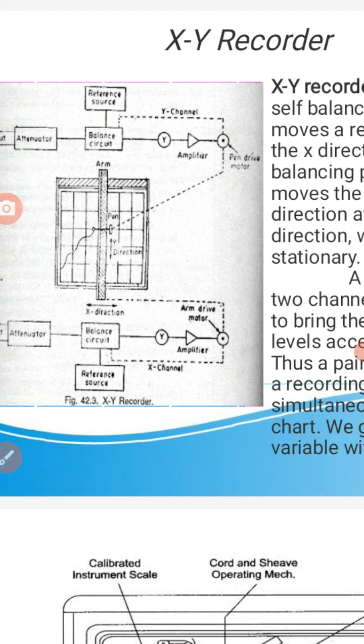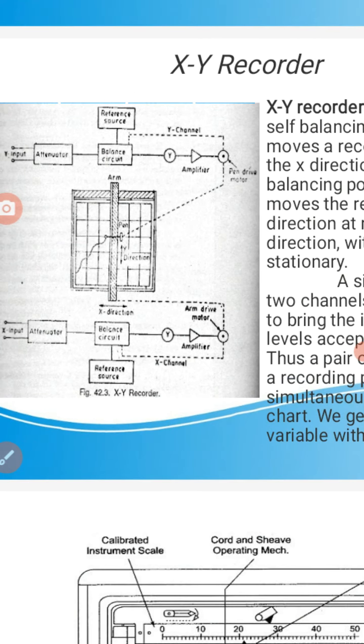There may be a question: draw and explain the XY recorder, strip chart recorder, galvanometer recorder, LED, plasma displays, and other types of questions in a question paper, and it will carry around 8 marks. For these 8 marks you have to draw a circuit diagram, a block diagram, and you have to explain it.